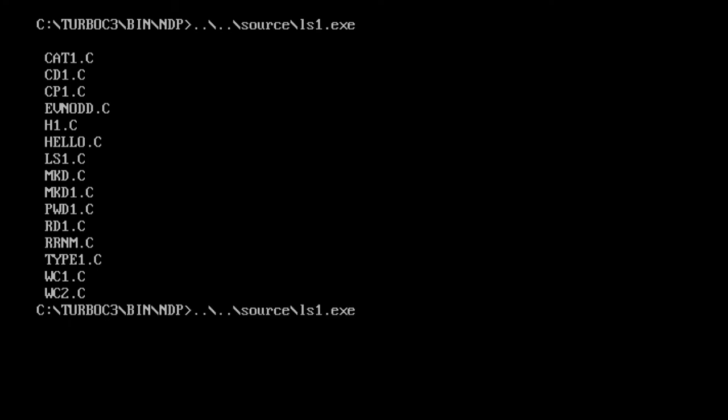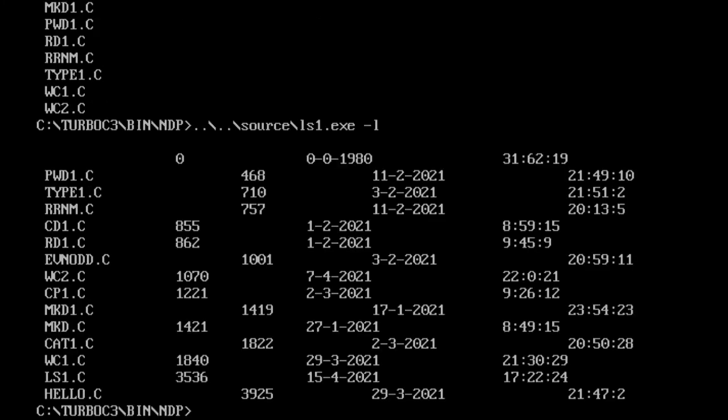Now I am executing the second option, that is ls -l. Here we are going to type our exe name, space, hyphen, or you can say dash, small l, and enter. So this is the list of files with their respective size in bytes, and the date and time of when they were created.